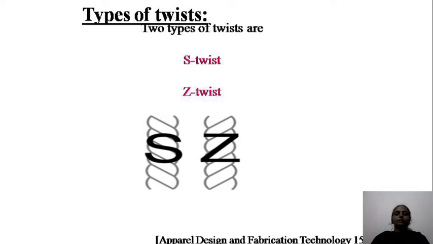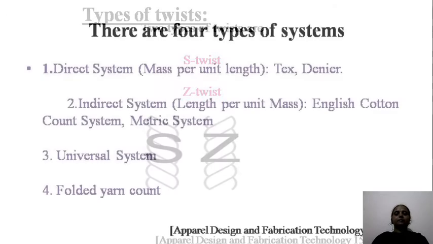What is a twist then? It is turns per inch, or twists per inch. In 1 inch, how many twists are inserted in the particular yarn? Higher the twist, finer the yarn. That is, high twist yarns have a greater number of twists compared to low twist, coarser yarns. Coarser yarn has less twist, that's why it is coarse. Strength will be less compared to fine yarns.